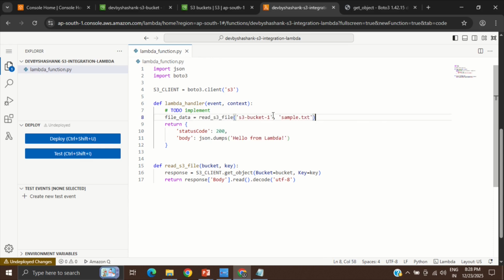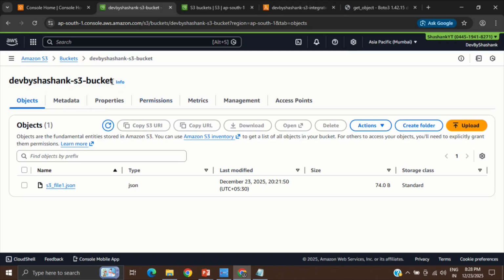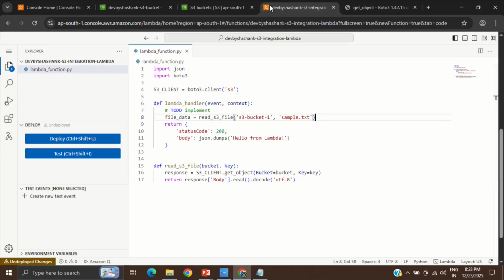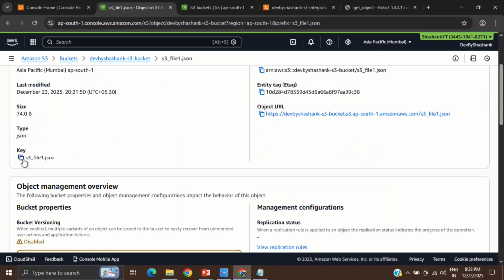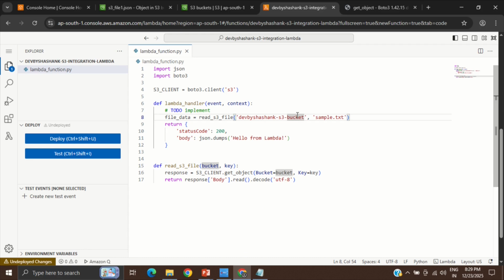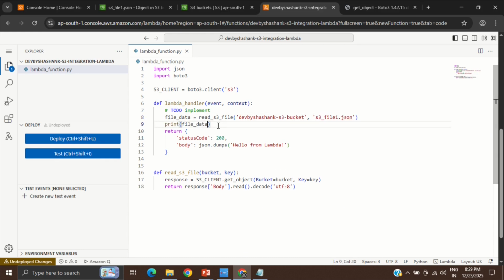Okay, here we need to provide the bucket name. What is the bucket name? I'll just copy this. Now I need to copy the file name, basically the key. Now I'll print file data in the CloudWatch. Okay, now let's deploy this code,